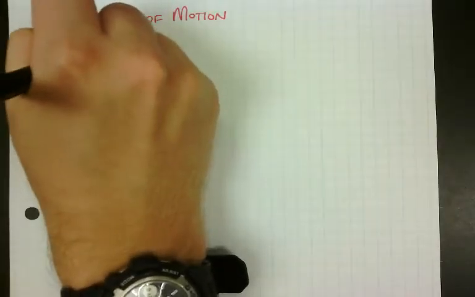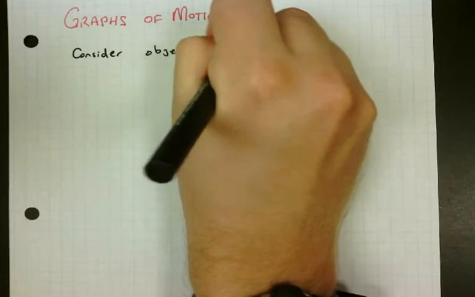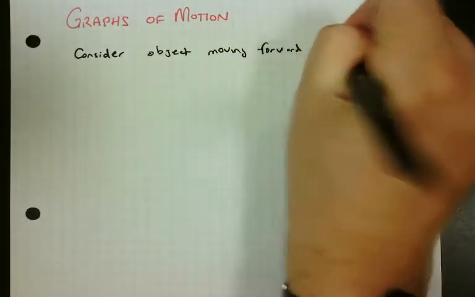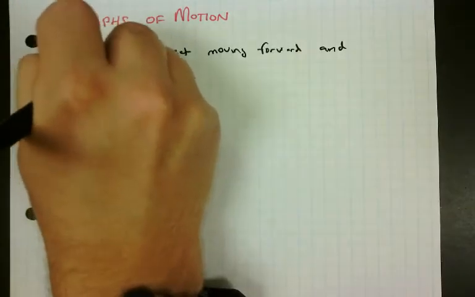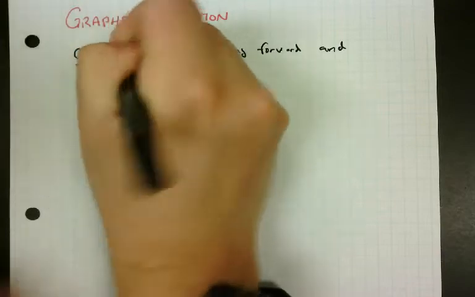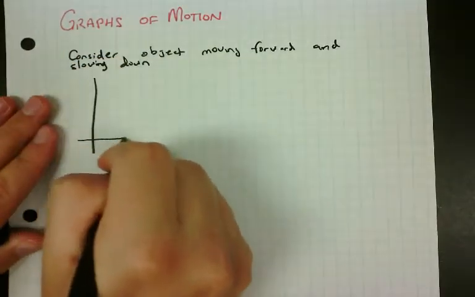So to do this, I want to consider an object that is moving forward and slowing down. Okay, so if I do a position graph, and I want you to notice, I haven't really focused